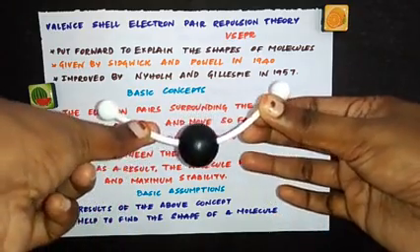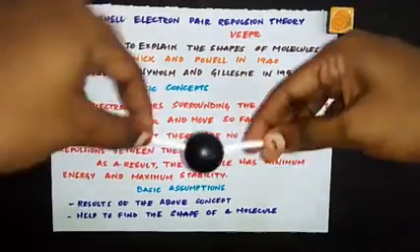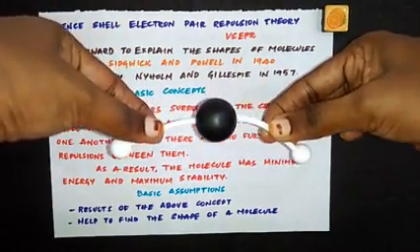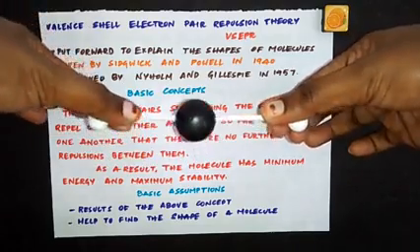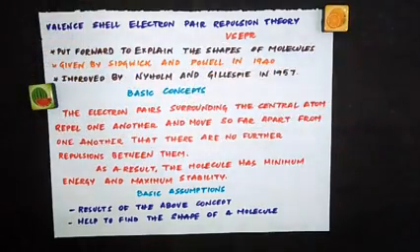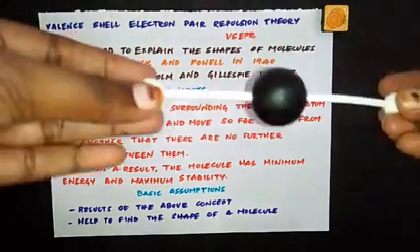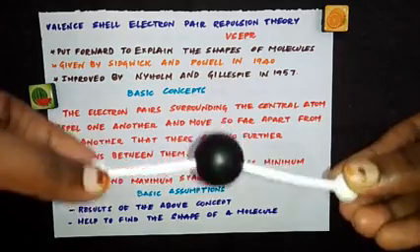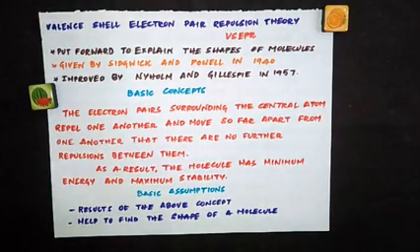Because if it comes a little closer like this, there's going to be repulsion. If it is going this way, there will be some repulsion. So it moves as far apart as possible so that there will be minimum repulsion. When there is minimum repulsion, the molecule has minimum energy and there will be maximum stability. So remember, from the name itself you can understand valence shell electron pair repulsion theory. The electron pairs will repel each other, move as far apart as possible and stay in that position. So that results in different structures.